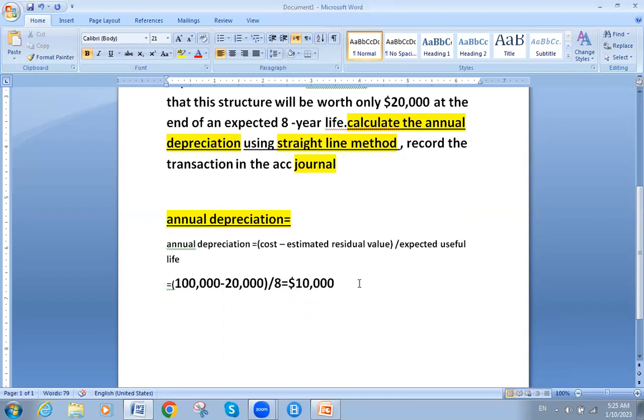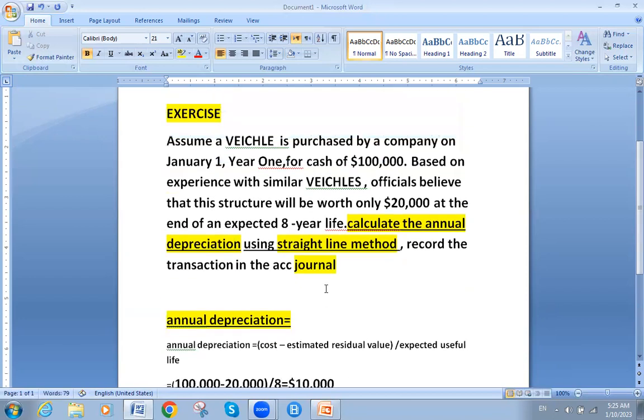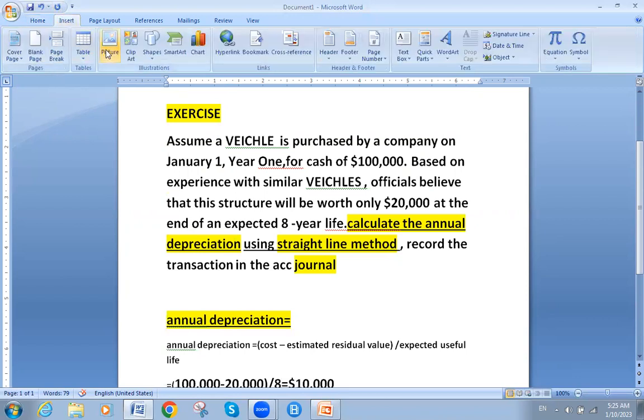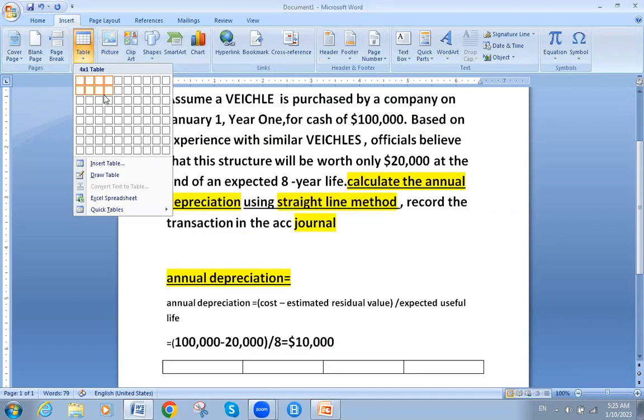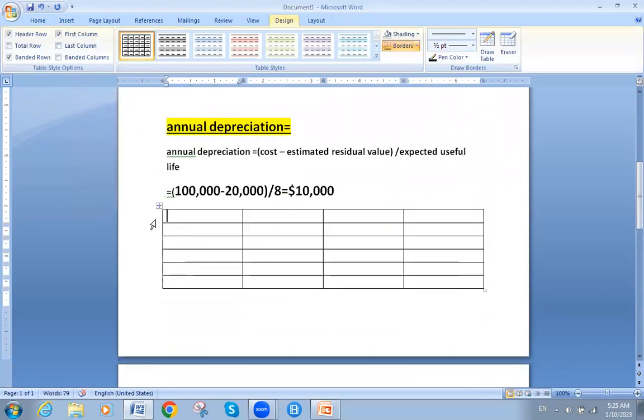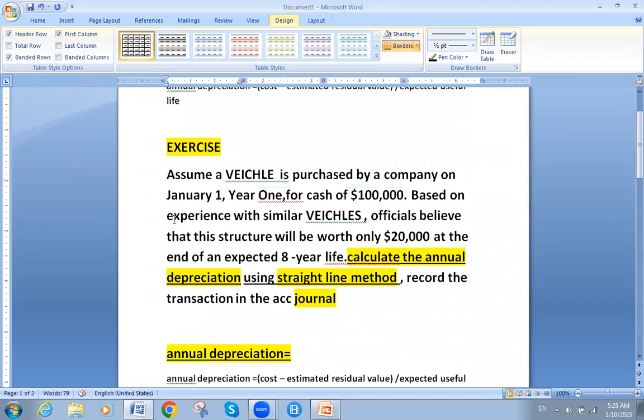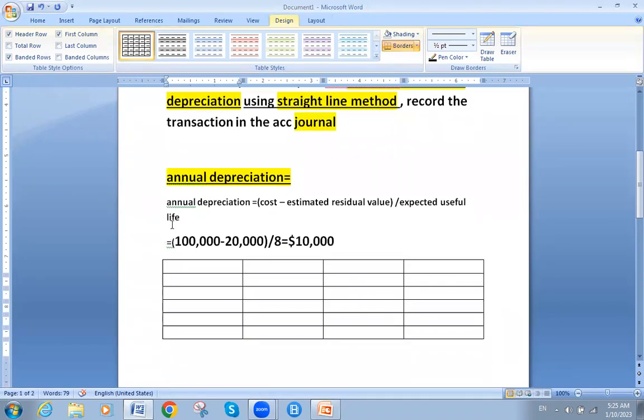Second point now, to do our own calculation. We do it like this at the start itself. We will say the first transaction, let us go and do our own table. Here we go for the table. We set 4 columns, and we go down this way. Then on the first year, as an example, on Jan 1,